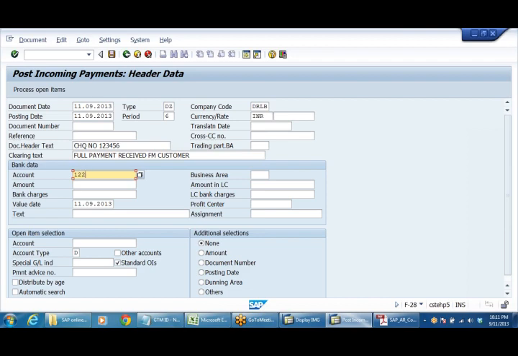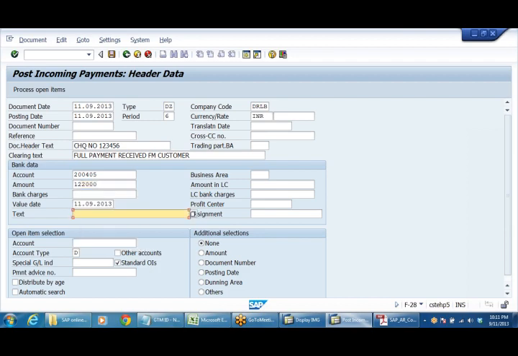1,22,000. This is the bank account number 200405, and the amount is going to be 1,22,000.